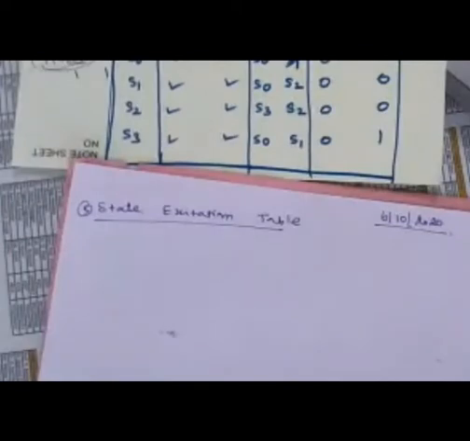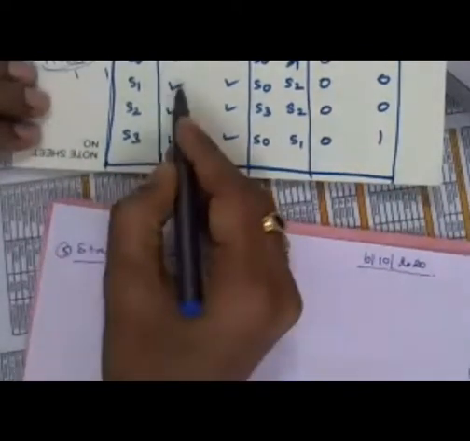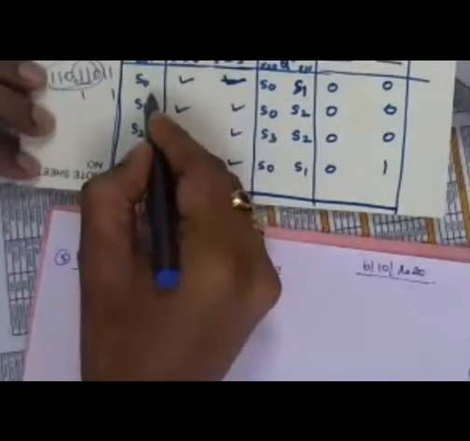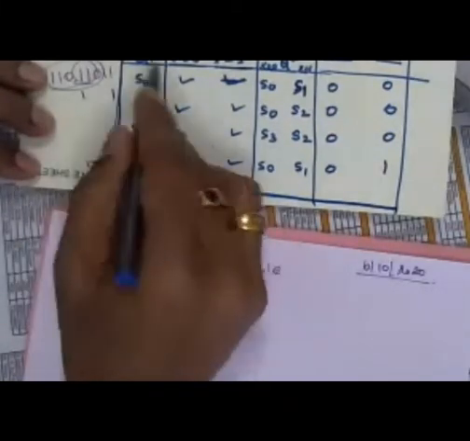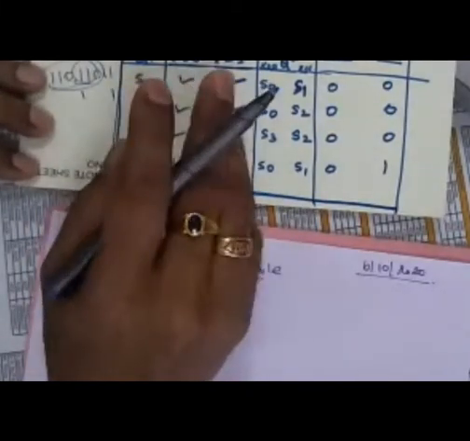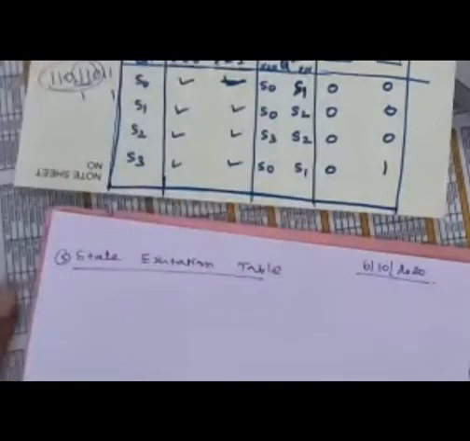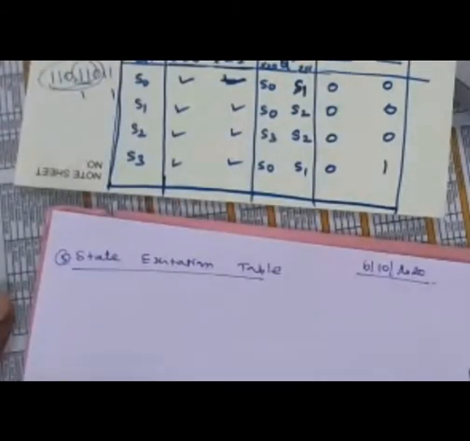If you look here, this is state 0, state 1, state 2, state 3. So there are totally 4 states. We have seen on the earlier day that one flip-flop, one memory unit, can retain only 2 states, 0 and 1, because the flip-flop output can be either 0 or 1. 0 means 1 state, 1 means 1 state.